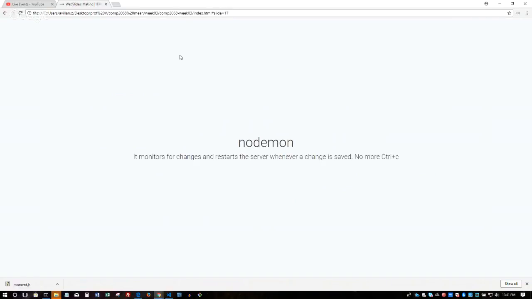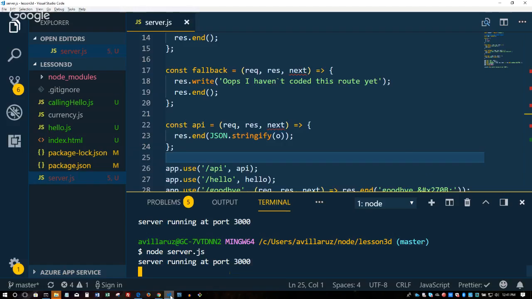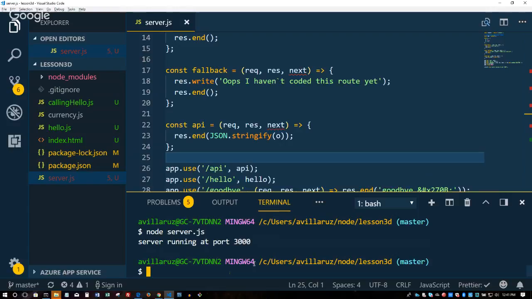Okay. All right, so by now, you're probably getting sick and tired of having to break out of the node server each and every time. Hence, we are going to install a new package globally called Nodemon. This will allow you to not have to Control C out of your node server. In fact, it'll detect anytime you make a change in your code.